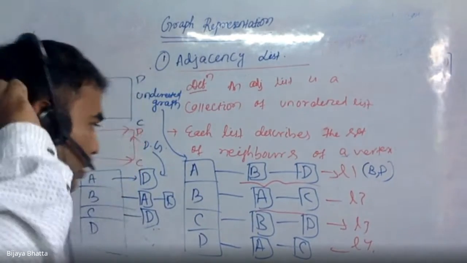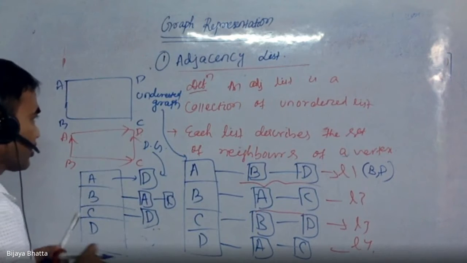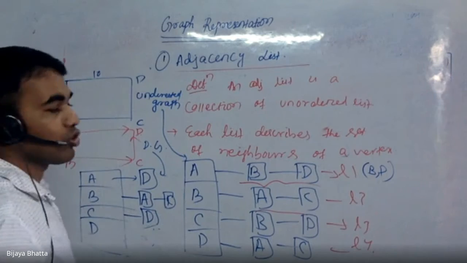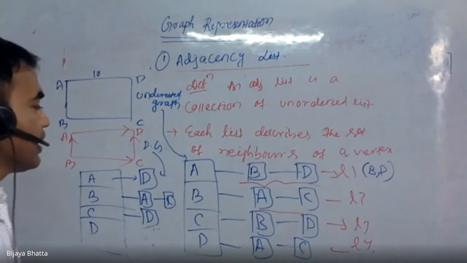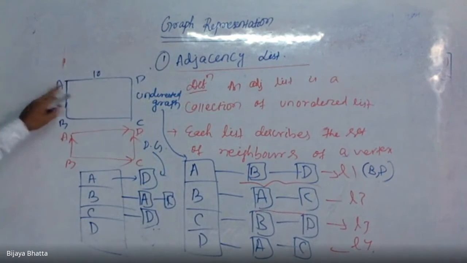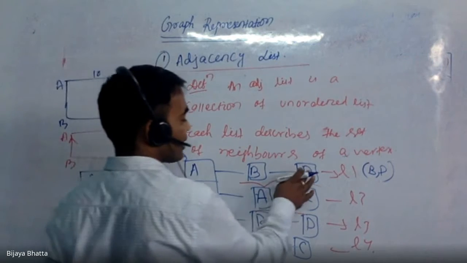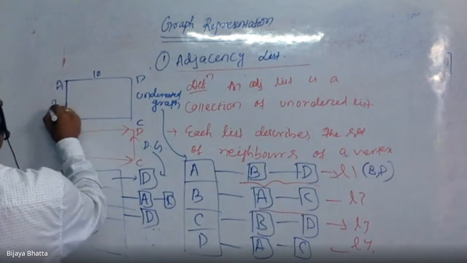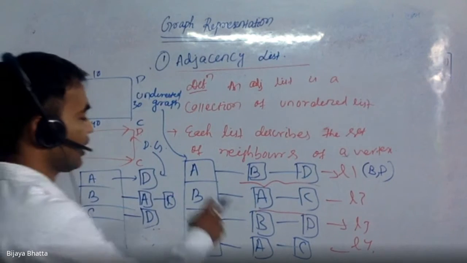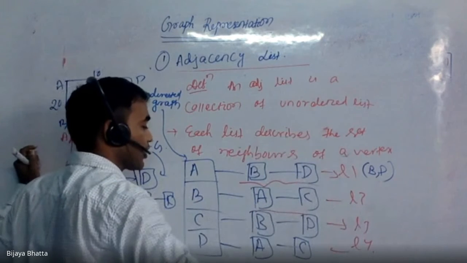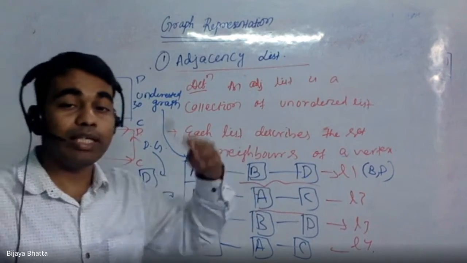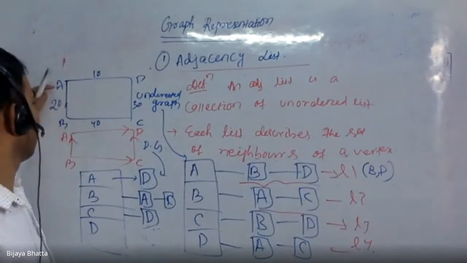Now the question is, if somebody wants to put weights, like we discussed in the adjacency matrix. Suppose somebody wants to put 10, then this list needs to be modified. Suppose A is connected to D, so this is adjacent. Let me do this with 10, 20, 30, 40. Suppose A is connected to B, but this time it is not just a simple connection. We can get the connection from here, but we need additional information. What is that? That is the weight. How much? That is 20.